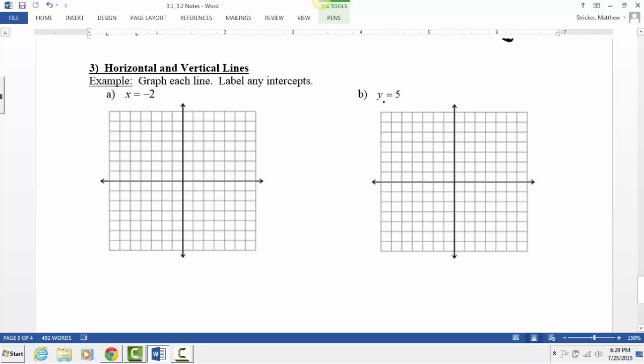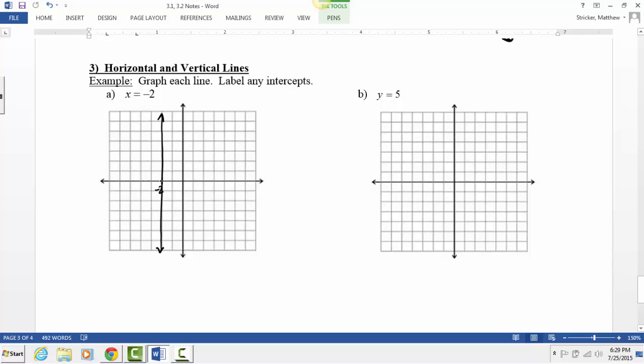These are special exceptions to the rule of linear equations in 2 variables, because in this case it doesn't matter what y is, it only matters what x is. X is always negative 2, and x is always equal to negative 2 right here. There's negative 2, right? So really any point along that line